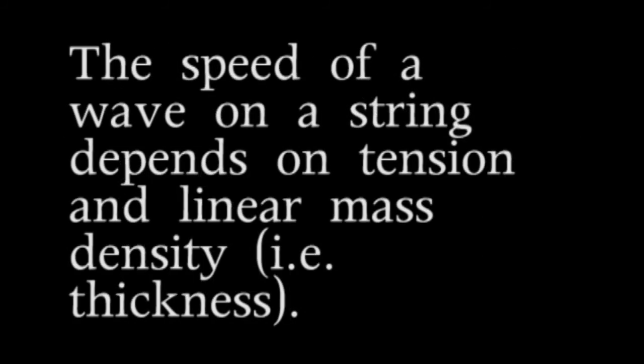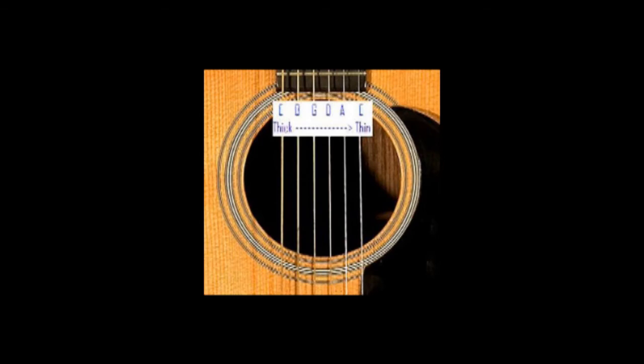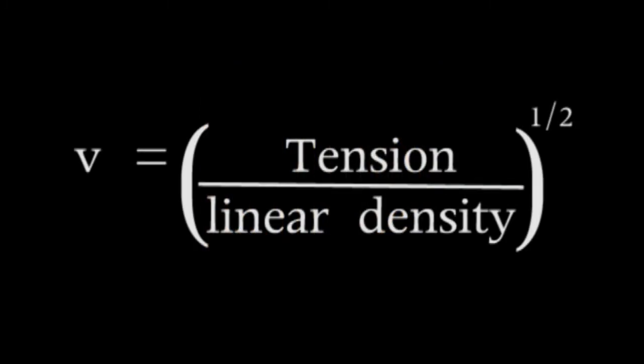According to theory, the speed of a wave on a string depends on the linear density of the string and the tension in the string. This is why, for instance, guitar strings come in various thicknesses, and tuning is done by adjusting the string tensions. More specifically, theory says that the speed of a wave on a string is equal to the square root of the tension divided by the linear mass density, where by linear mass density we mean the mass of the string